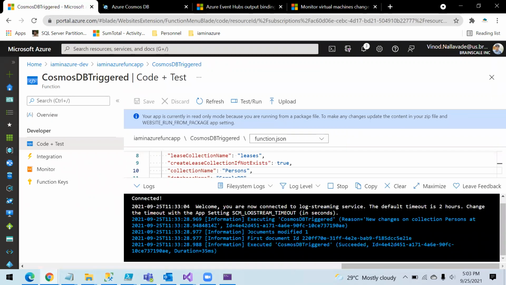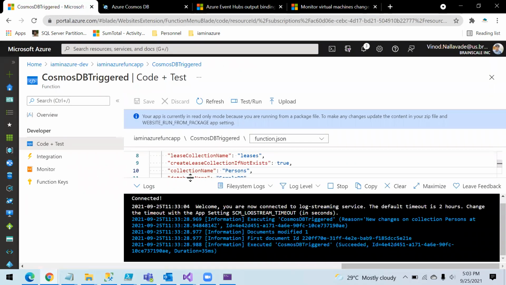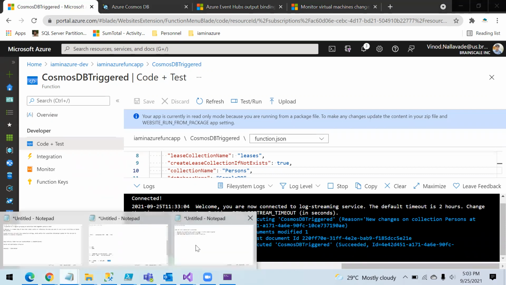You see this function is triggered with the ID, this time it is 220FF, which is this one. So we have successfully created a Cosmos DB triggered function and we are able to deploy it to the Azure portal also.